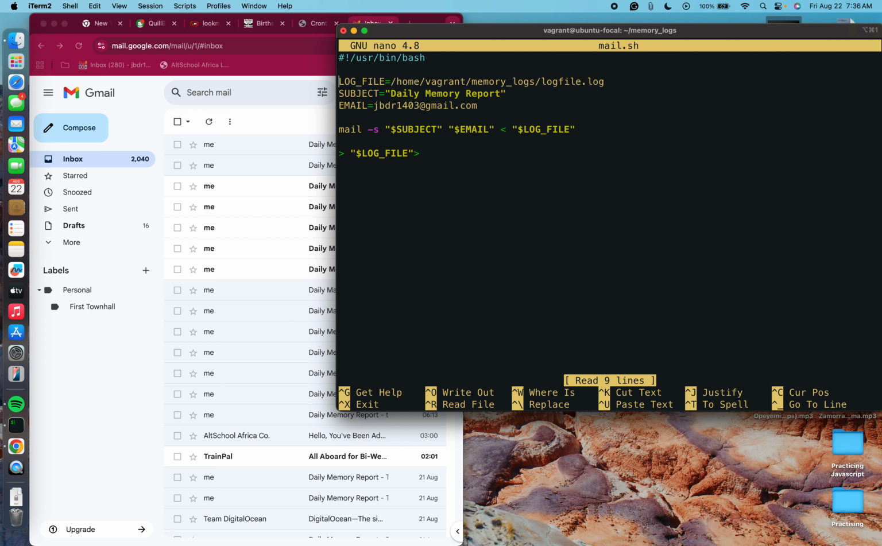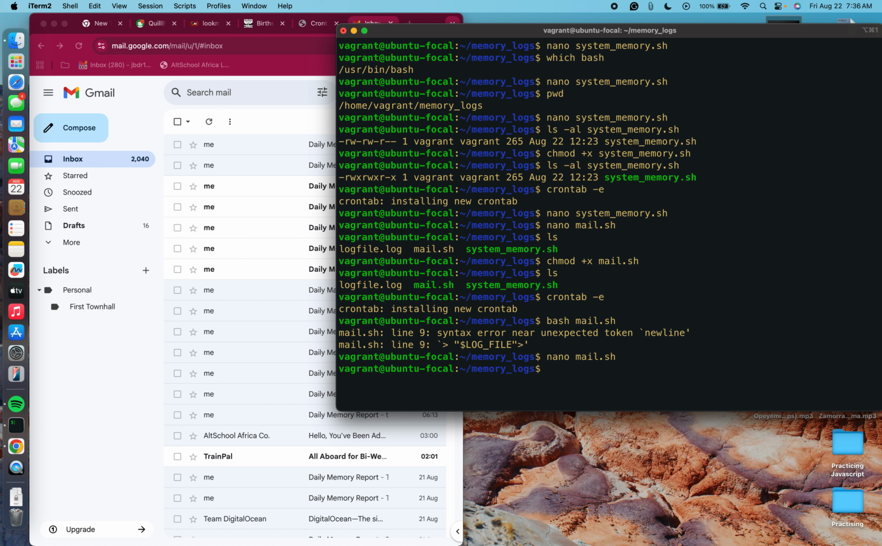Oh, I see what's going on. So here we don't need this greater than sign. The only greater than sign we need is here, which transfers an empty input into this file. Greater than sign is to overwrite, so it overwrites nothing into this file so that it can start again for the new day. So immediately this mail sends at midnight, this file becomes empty and it starts recording again. Do you get it? So if I save, Ctrl O, and Ctrl X, and I run that script again,